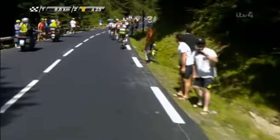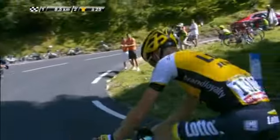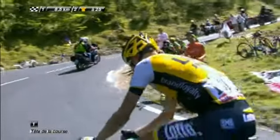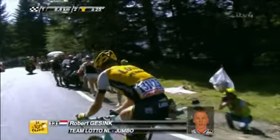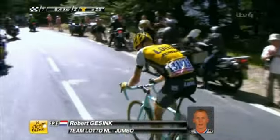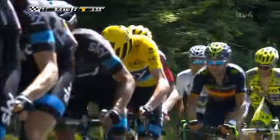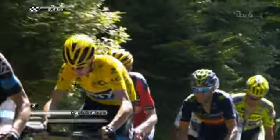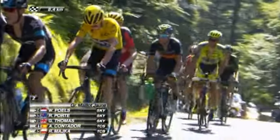As Lawrence Ten Dam is now unhitched from the main field, his teammate. Well, he's a rider who gets himself into survival mode in the mountains, but we can count on him tomorrow or the next day as we look over here. This man who rode the Amgen Tour of California this year and then stayed in the United States to prepare at altitude for the Tour de France. Froome, you can never really tell how he is. He's got that very strange style. He puts his head down, he looks at his pedaling style, and you could never tell if he...